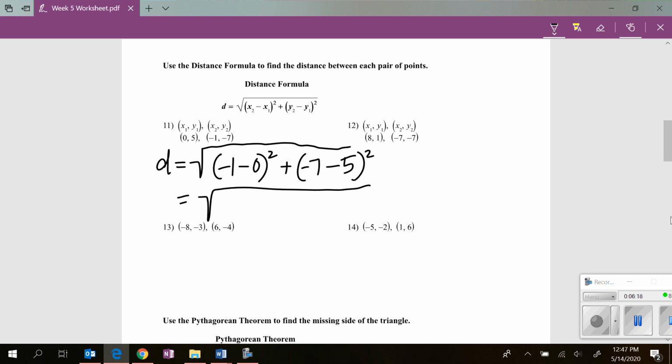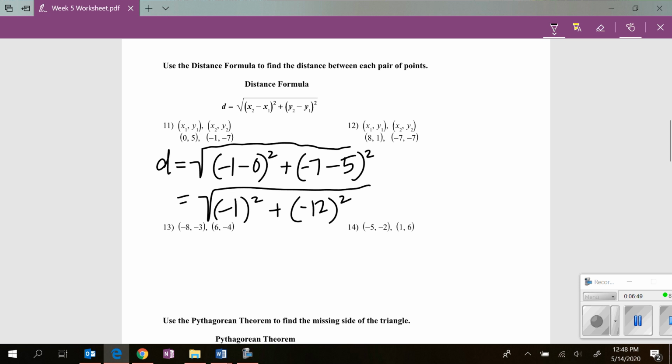Order of operations tells me do inside of my parentheses. So -1 minus 0 is still just -1, squared. Plus, we've got -7 minus 5. Since they're both negatives, they're going to add together and become a bigger negative. So think of it as 7 plus 5, which is 12. And since they're both negatives, it's -12